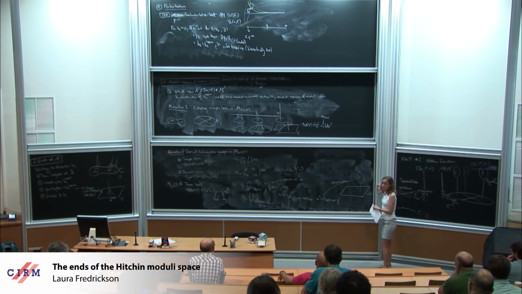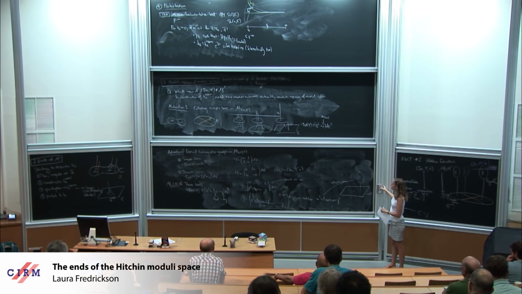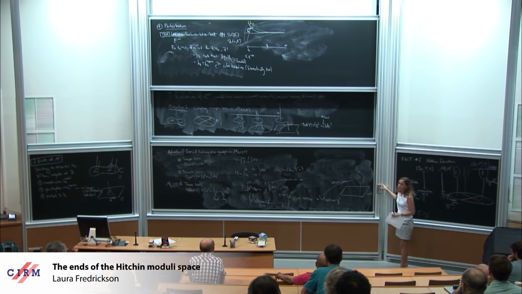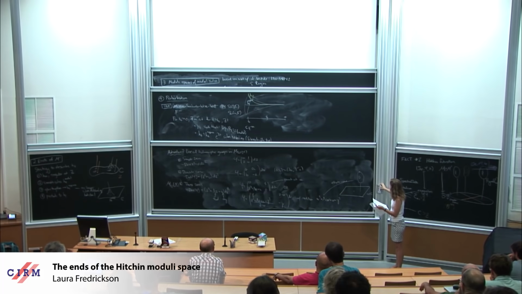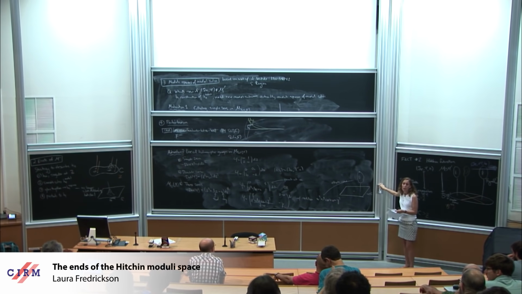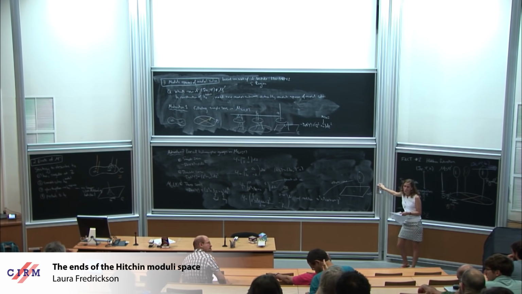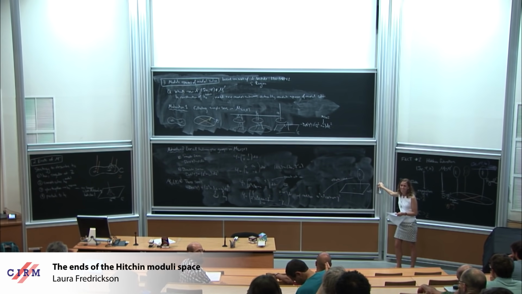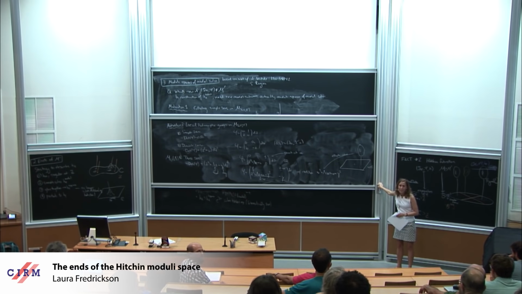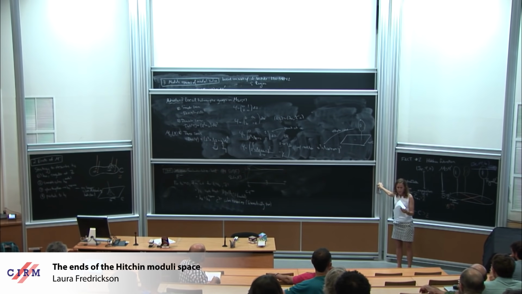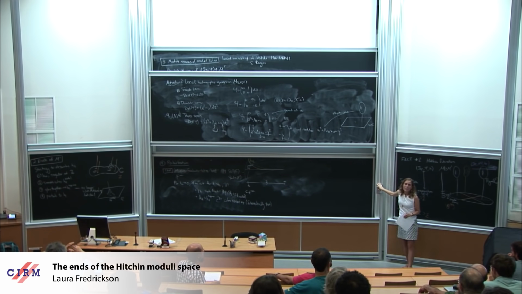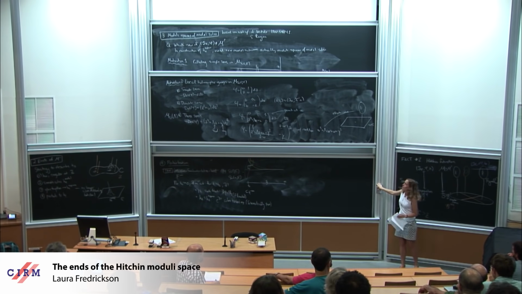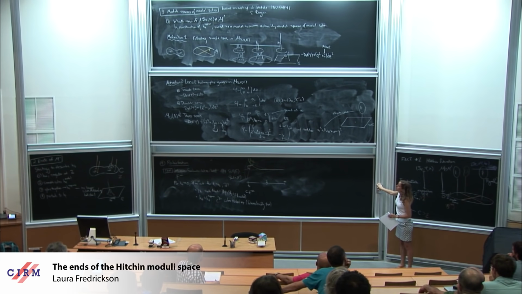So, questions so far? Are you saying that if you choose different curves that go to infinity that are asymptotic to the same thing, for different curves you'll get different points in the moduli? Yeah, exactly. So what I'll say at the end is that it wasn't a good idea to just choose a ray. By choosing a ray, you lose a lot of data, or you lose data that you may not need, but